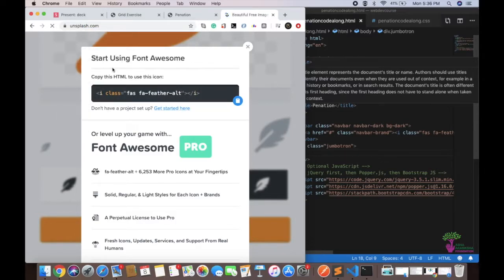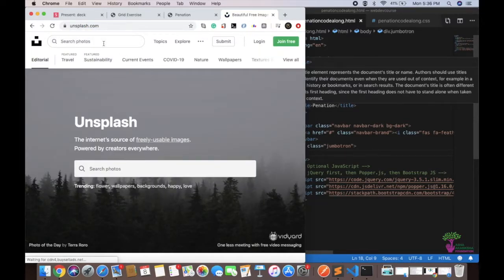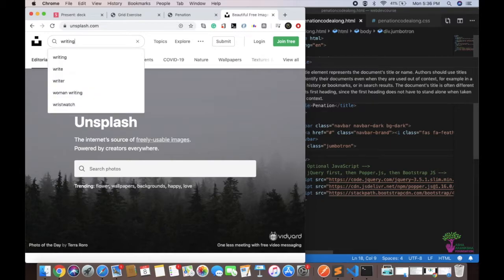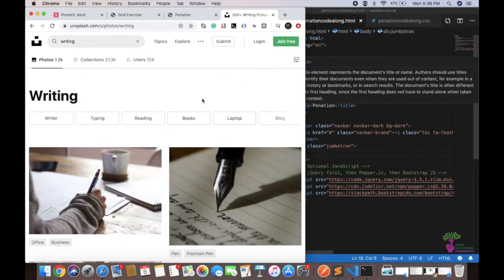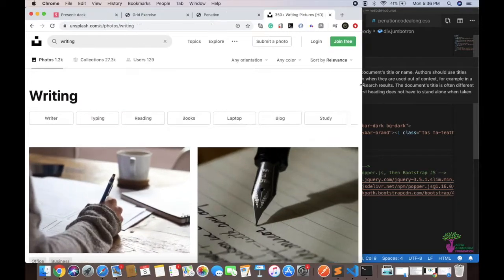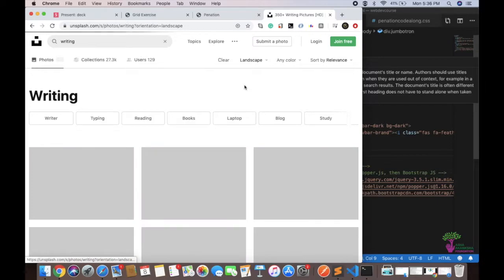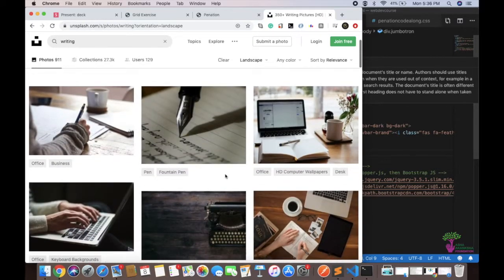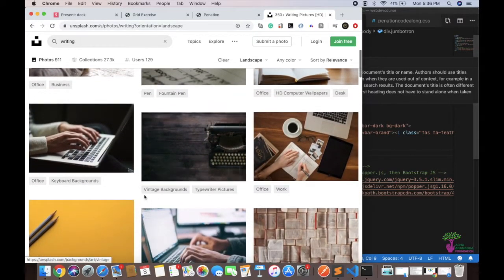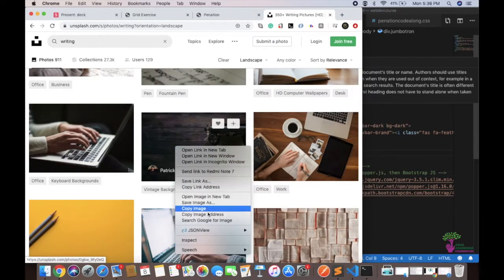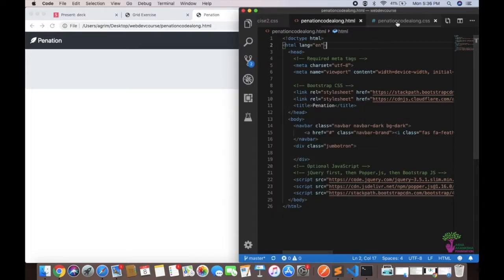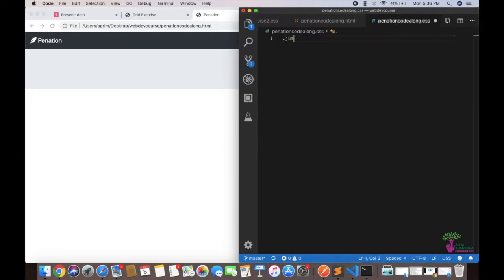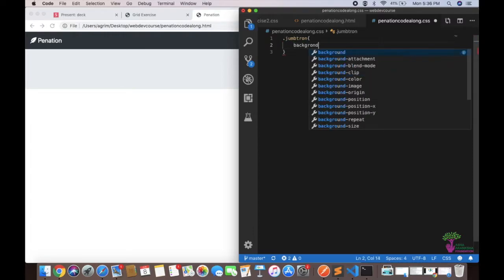I'll go to Unsplash, and what I searched for was writing, I think. Yeah, this was this. Then I switched to landscape, because you always want landscape for your jumbotron, right? Most of the times, because this is how it will work. Otherwise, you will be just stretching your image a lot. So now I go in here, I select the jumbotron, and now for the background image, you can do